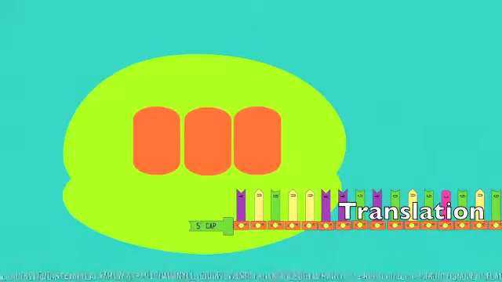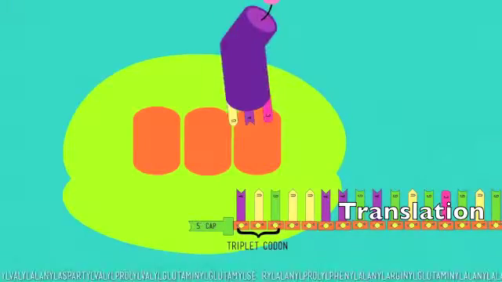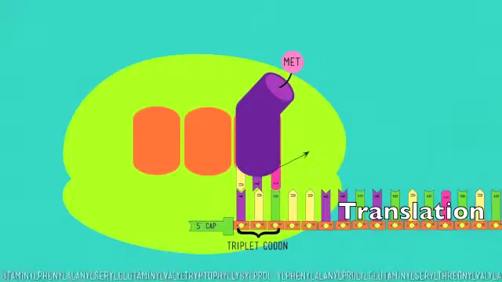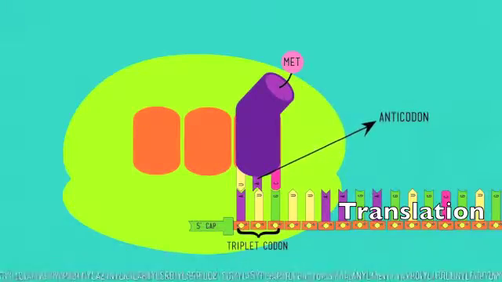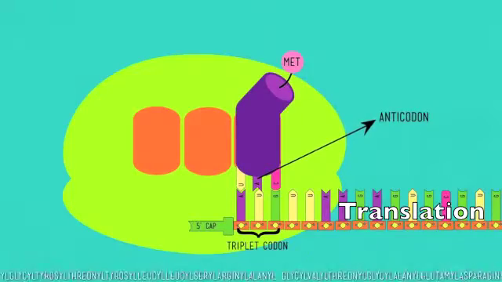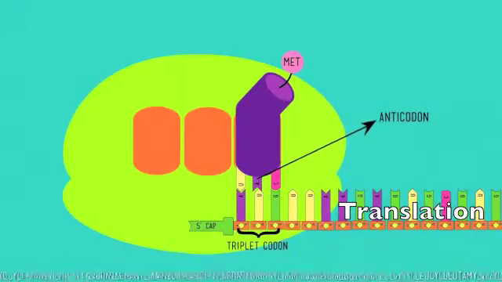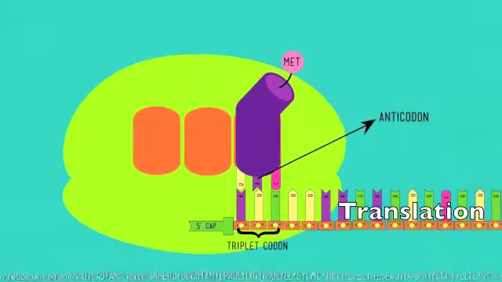Translation. Messenger RNA is fed into ribosomes. Ribosomes are a mixture of protein and the second kind of RNA, called ribosomal rRNA. This ribosomal rRNA does not contribute genetic information, but does have binding sites. These binding sites allow the mRNA produced from transcription to interact with another type of RNA,